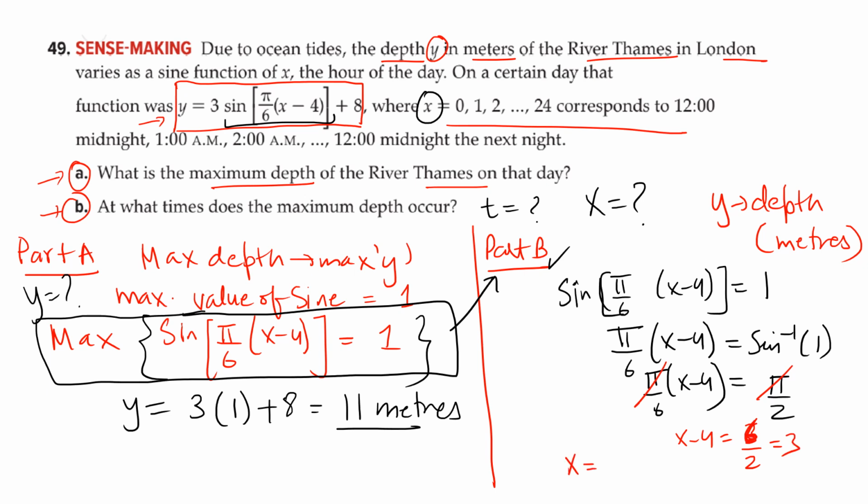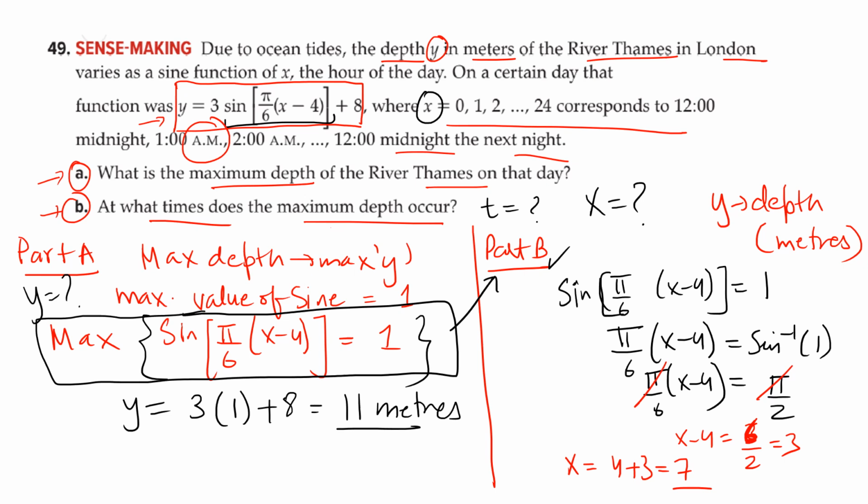So x is going to be 4 plus 3, which is 7. So what is the maximum? What are the times at which the maximum depth occurs? If you see, there are two units given. It's like after midnight, there is 11 a.m. and then accordingly we will be having